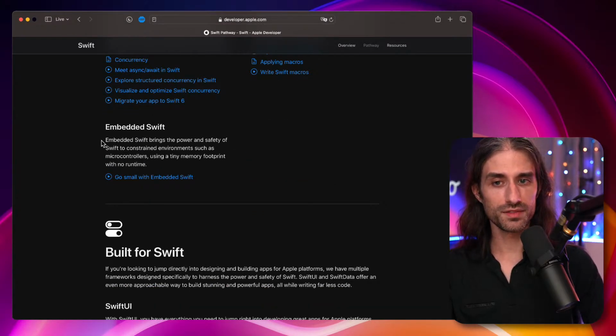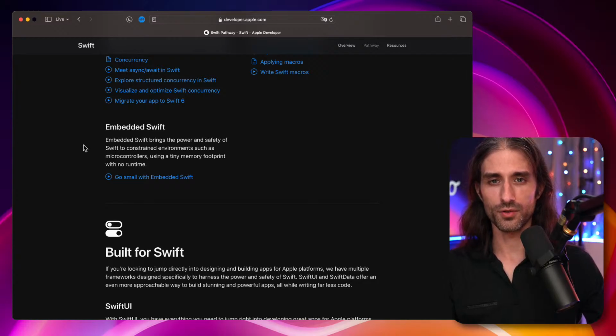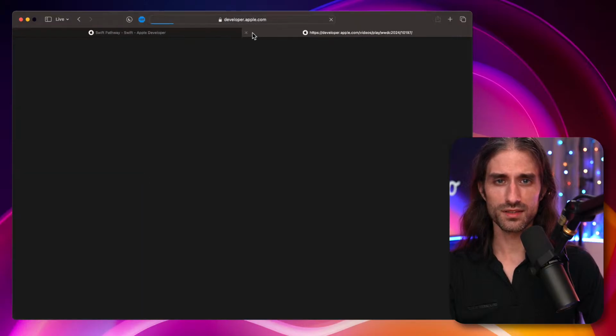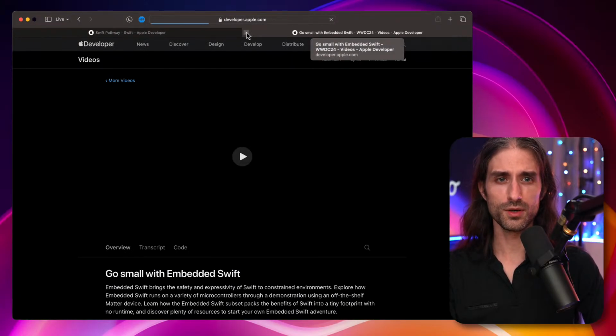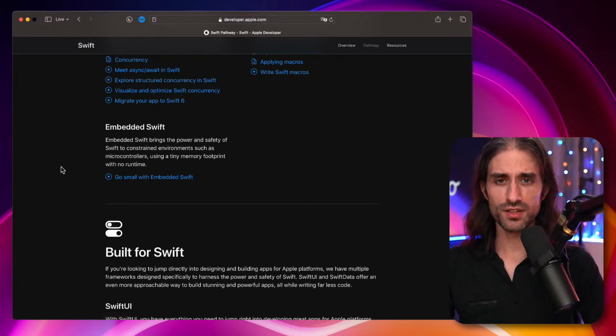And embedded Swift, for when Swift is embedded in a microcontroller, so on small cards, on connected objects, that kind of thing. I've never used it. What's the link? Okay, it's a WWDC video from this year. Oh yes, I remember they mentioned it in the State of the Union.